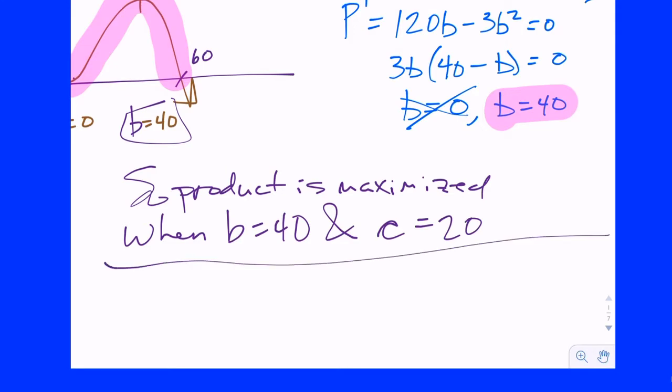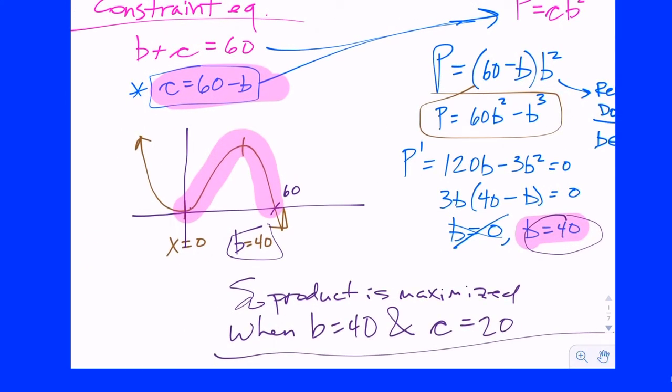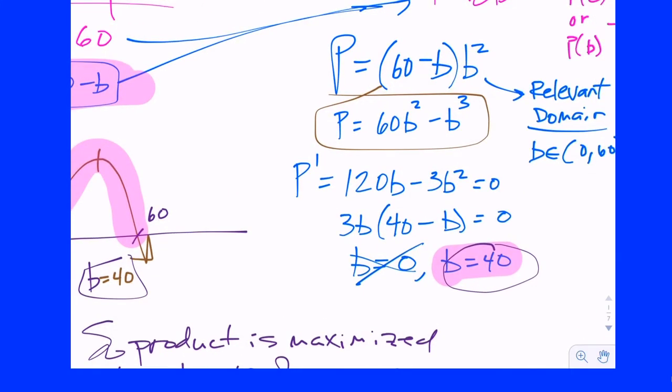Now, what if the question asks you for the actual product? You take your optimal quantity, and you can either find the other number on your own and then do 20 times 40 squared, or this equation or this one here are also both useful because they give you the quantity that you're looking for in terms of the variable that you have found. So you wouldn't need to find the other value. If you plug the 40 in right here, you get 20 times 40 squared. 40 squared is 1,600. 1,600 times 20,